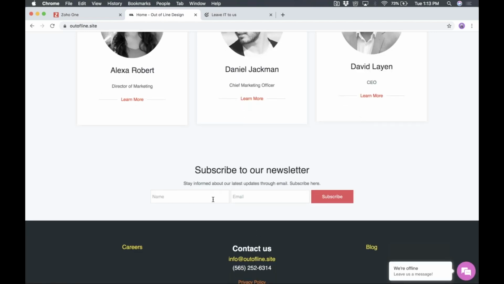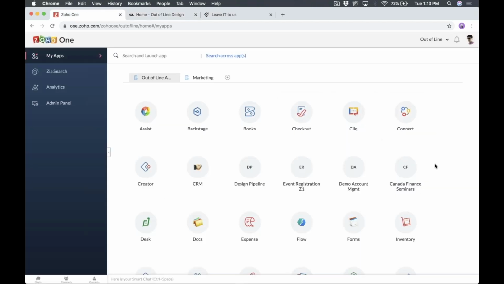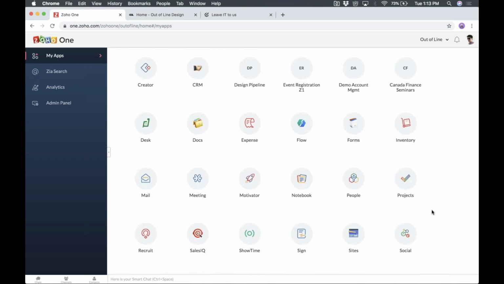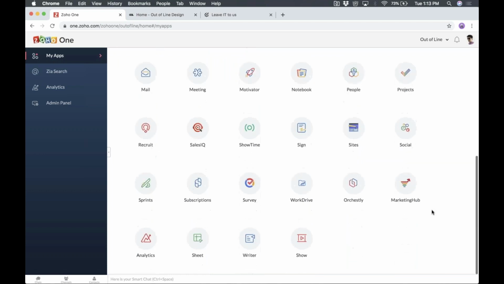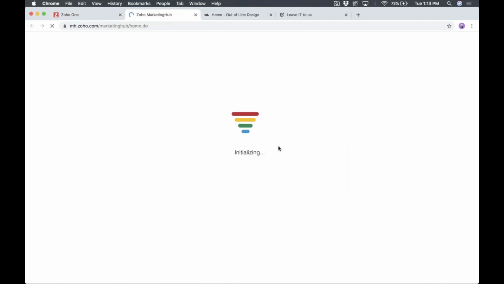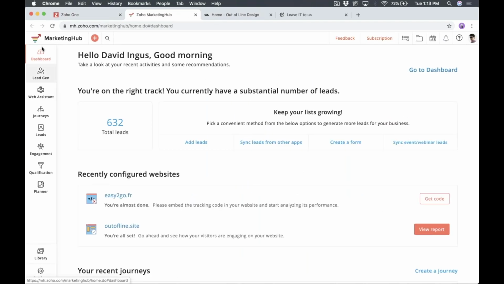So subscribing to a newsletter, pretty straightforward. We're adding a name and we're adding an email address. From there, we are then sending this to our newsletter. So let's start there. We'll go ahead and go into Zoho Campaigns, and I will show you a little bit of what that looks like. Well, actually, I'm sorry, it'll be Marketing Hub is where we're going to go because we upgraded our account to Marketing Hub. But basically,